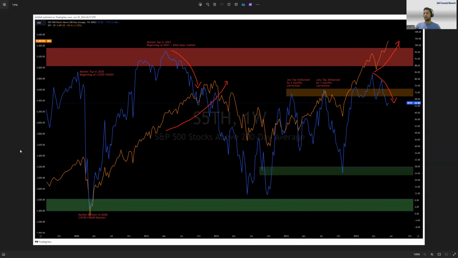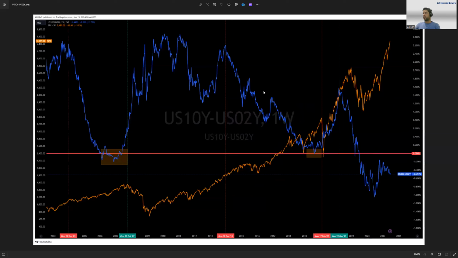This is very important. The next chart that I have here is the yield curve. No one is talking about this anymore, just because it was inverted a while ago and the market didn't pay attention. I just want to show you something pretty interesting. Yield goes down from its top while the S&P 500 goes up over 3 years. And when yield goes below zero, which we call an inverted yield curve, it is a market signal for recession. And recession obviously happened in